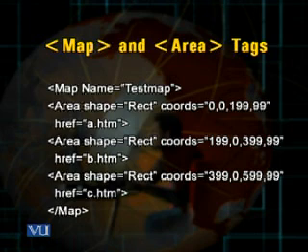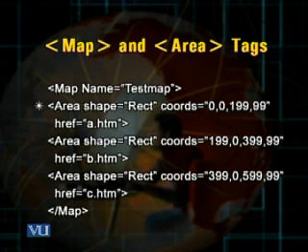I write the keyword rect, which means that this particular clickable region or area is rectangular in shape. Then in each area tag, I use the attribute quads, and I give it the value which I have just been able to know with the help of my step 1. I have noted these values on paper. So to mark region A, the coordinates for this rectangular region A would be 0, 0, 199, 99.